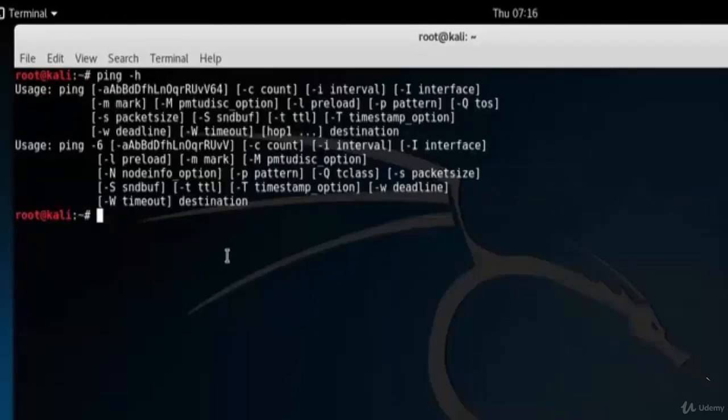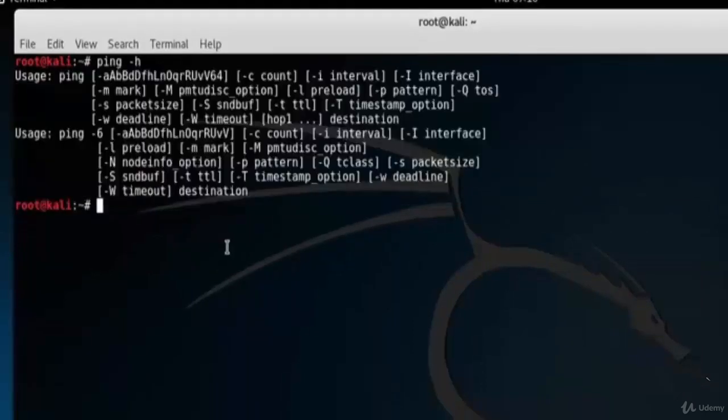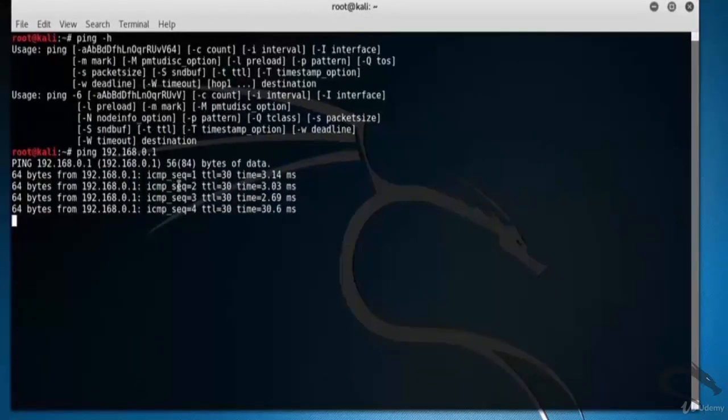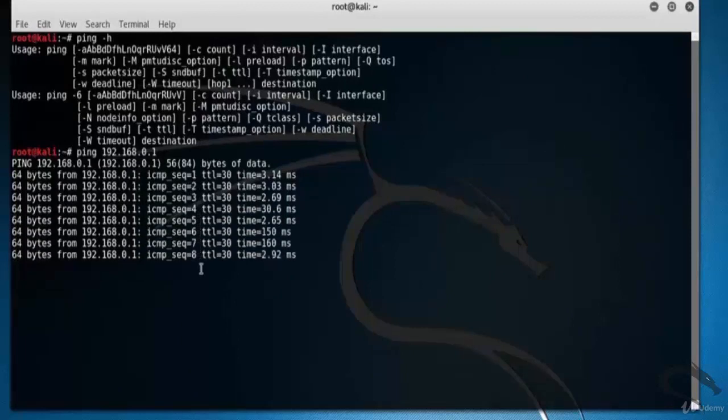If you want to ping your router, it might be 192.168.0.1. Type ping 192.168.0.1. Hit enter. If the website is up and actively responding, you receive replies back from the server that you